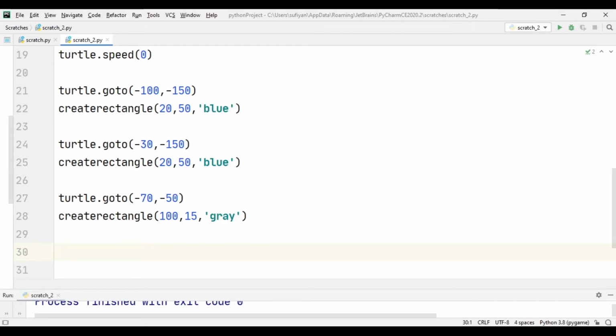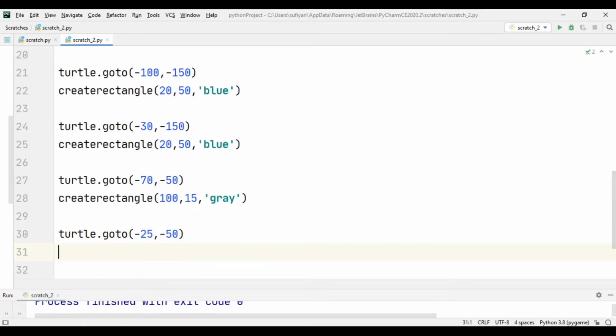Then similarly for leg number 2, turtle.goTo -25, -50. Then call createRectangle function, specify the length 100, breadth 15, and the color is gray.